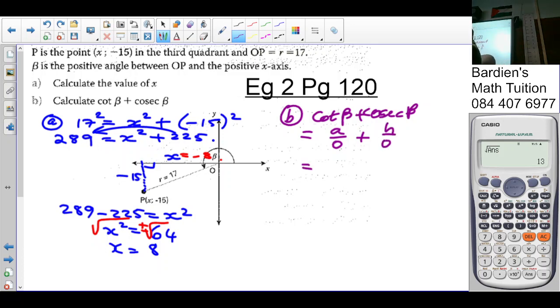So your adjacent, that's your reference now. My adjacent is negative 8 over negative 15, plus your hypotenuse, which is 17 over negative 15. Put that in the calculator and you should get an answer of 9 over 15, which is 3 over